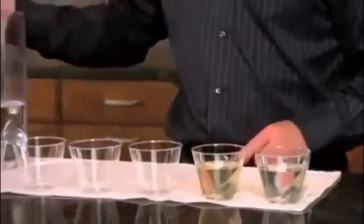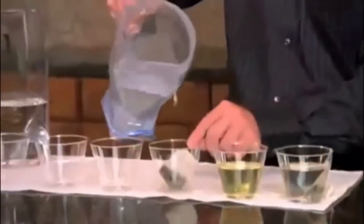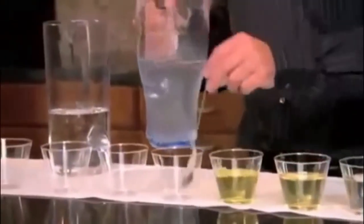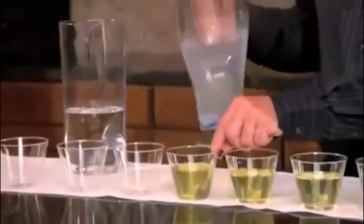What's happening to that tea bag? Trying to make tea. It's making tea instantly. Watch what happens when I go to pour again. Instant tea, right? The smaller molecules are penetrating the tea bag and drawing the tea out of the tea bag. Okay, let's take